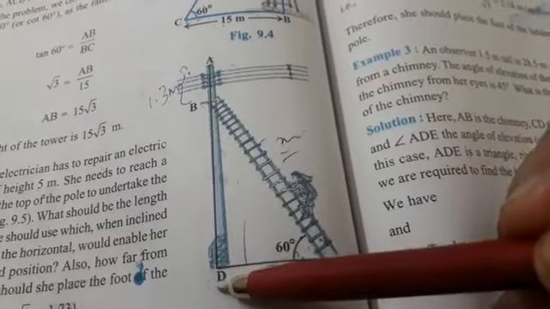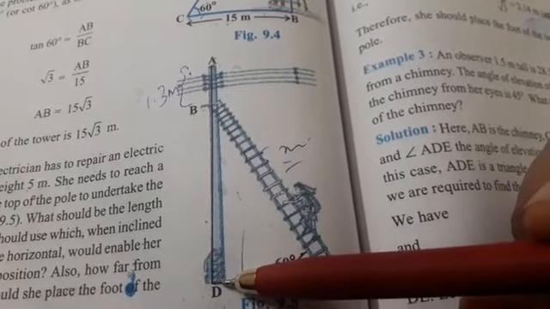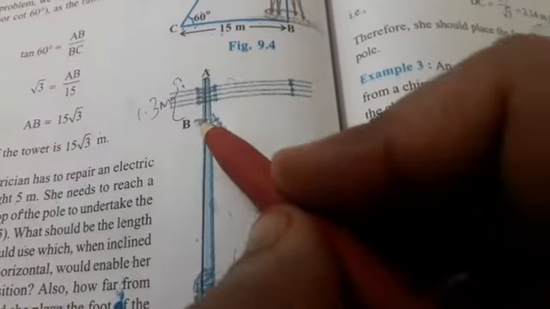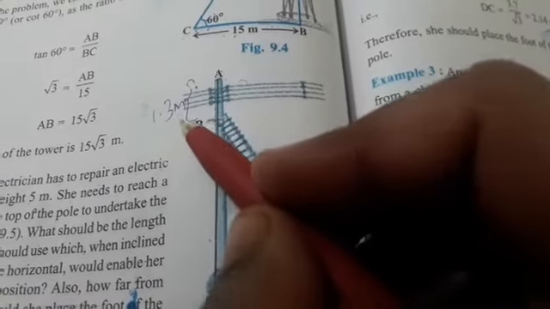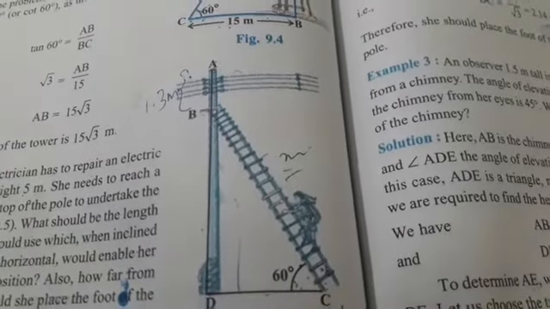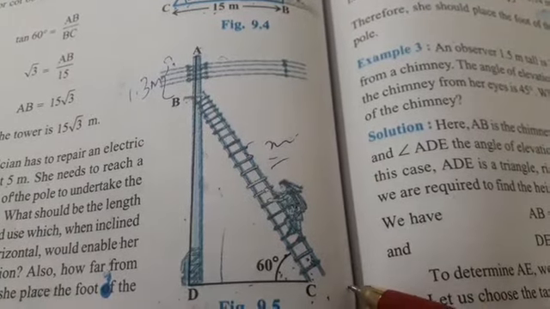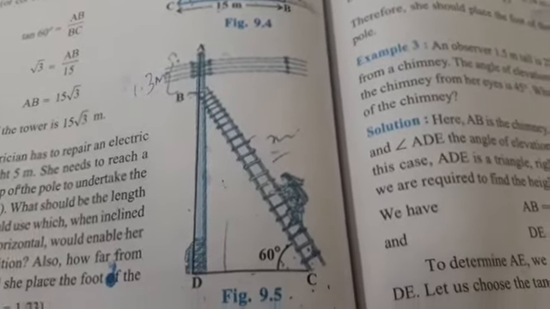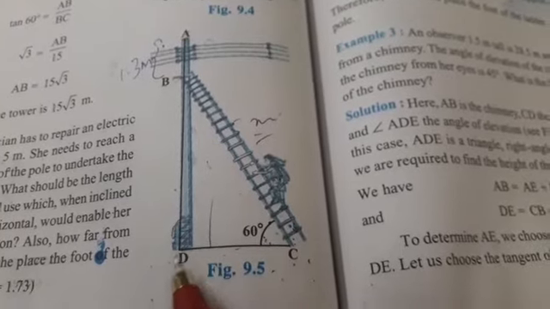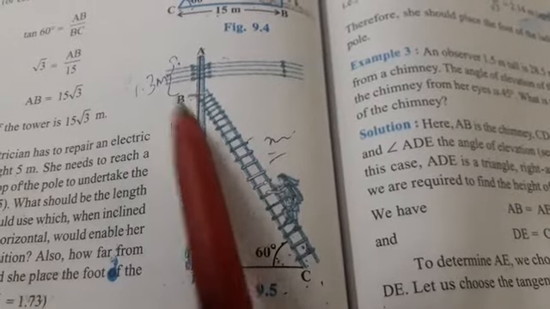Okay. Now look at the diagram. This is a pole. Now this pole is of height 5 meter. The repairing has to be done on this pole from this point, right? Now the distance of this point, that is B to A, is 1.3 meter, right? This repairing has to be done. Obviously she cannot do the repairing from here. She has to reach this point using this ladder. So we have to find the length of the ladder, as well as to what distance this ladder should be placed so that she can reach the required position. Okay, is it clear to you?